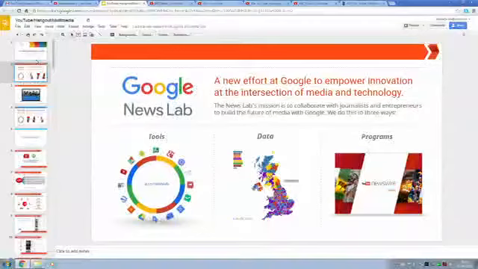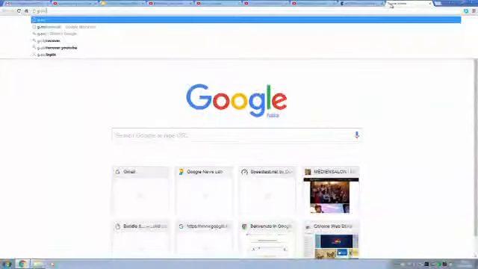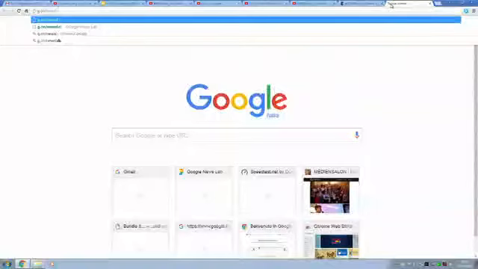And I'm talking about tools like maps, geo tools, but also tools that regard data, the ability to find data and the ability to work with data. So to use data to build a database and then to produce, for example, interactive graphics or interactive maps. I just want to show you very quickly the Google News Lab website, g.co/newslab.